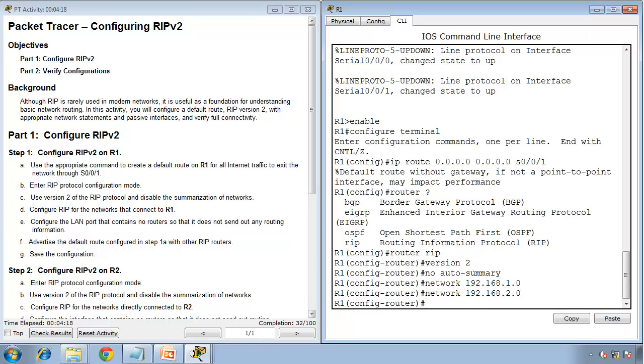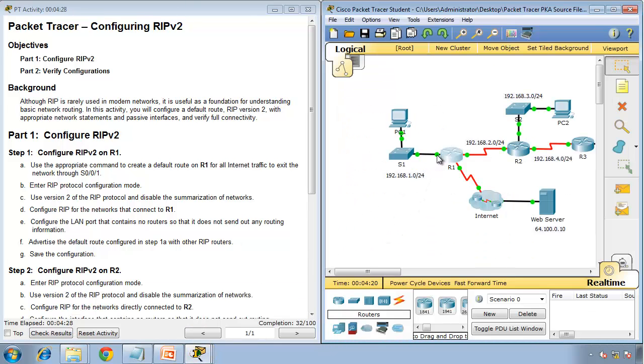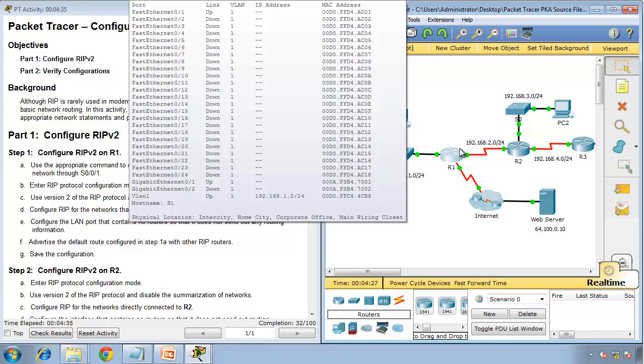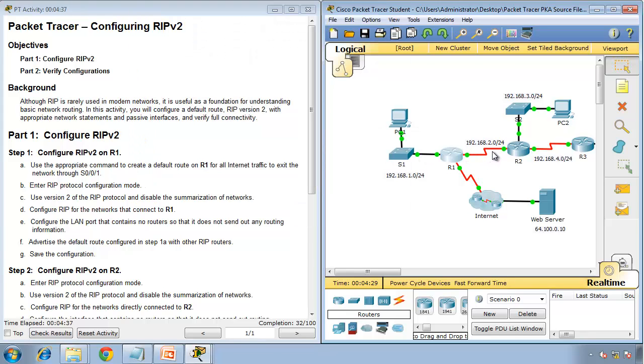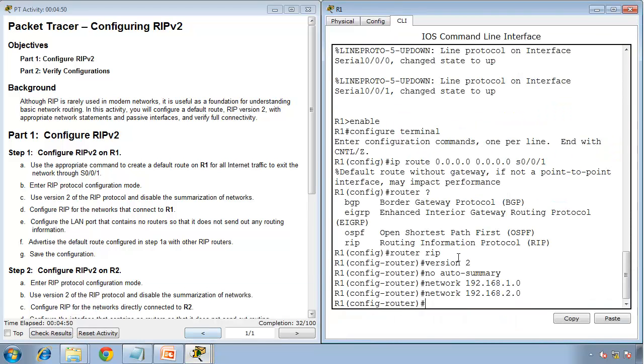Now, the next step says configure the LAN port that contains no router so that it does not send out any routing information. By default, because we have enabled RIP on this port and on this port for these two networks, RIP will send advertisements this way every 30 seconds, and it will send advertisements this way every 30 seconds. But this way we don't have any router. Because we don't have any neighbor connected, we can stop these advertisements on that link. So what we can say is passive-interface,